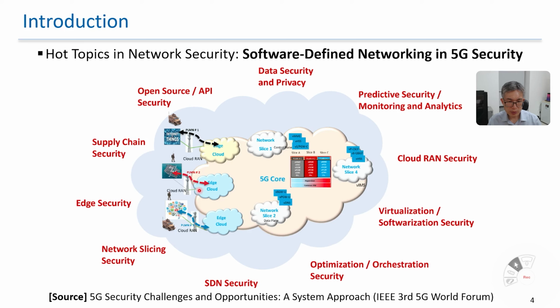security. Security close to the radio access network cloud is called edge security. There are also service function chaining, or service supply chain, security, and open source and API (application programming interface) security, and so on. This era is called the software-defined era